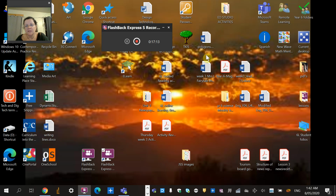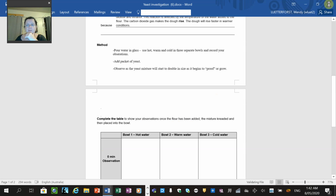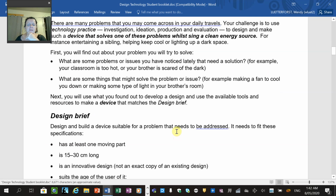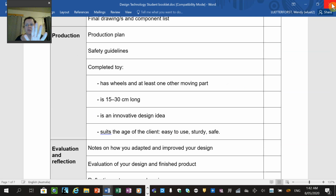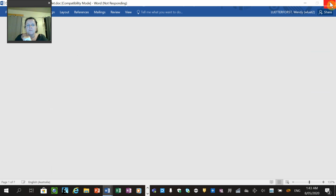The design technology, if you've done it already, also has an activity sheet, and I'll be putting this up on Edge Studio over the weekend so you can have a look at it. And there's a few people that have done this already in my class, and if you've already filled out the student booklet, which looks like this, and design your toy, that's fine. You don't have to do it again unless you want to. But the other thing that will be attached to that for everyone to do